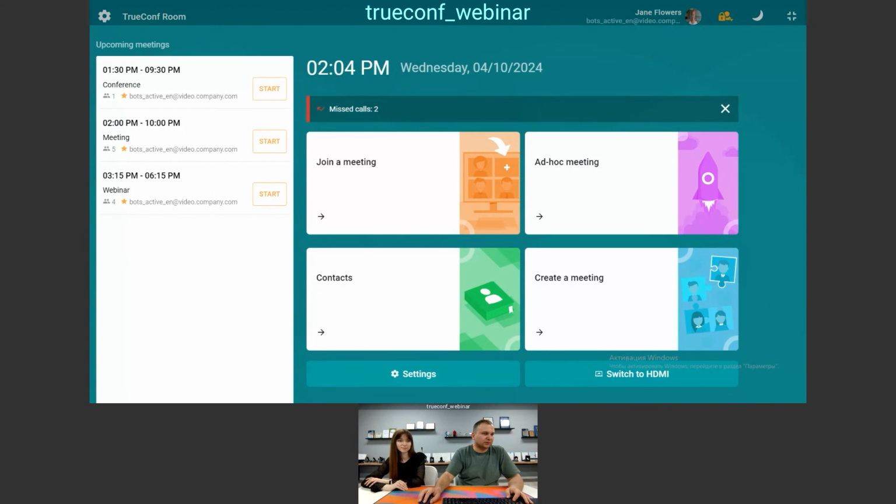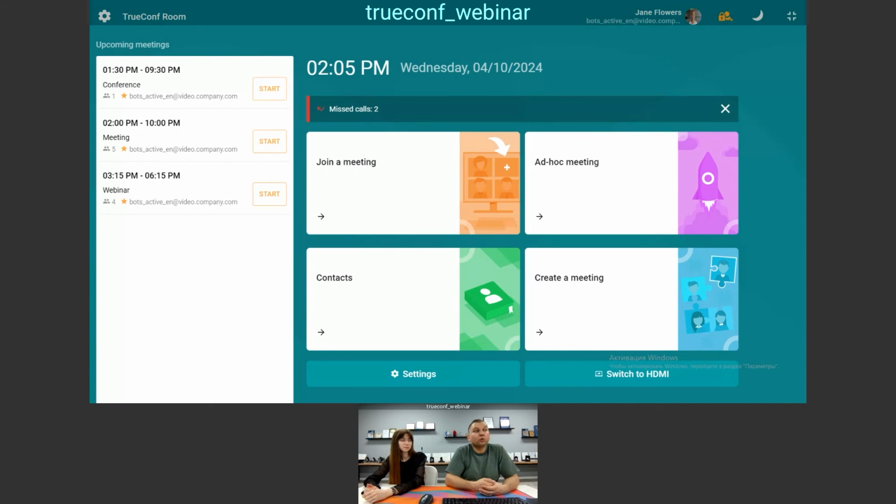And the last slide is about how this solution is developed. And we'd like to remind you that TrueConf Room software is basically based on the core library, which is called Video SDK. It's not a library, it's basically an application binary file. So TrueConf Room is based on Video SDK. We also have TrueConf Kiosk, a ready-to-use application, which is also based on Video SDK. And you can create your own application based on the Video SDK. The only difference between those three types of applications, TrueConf Room, TrueConf Kiosk, and customized customer application, is that they